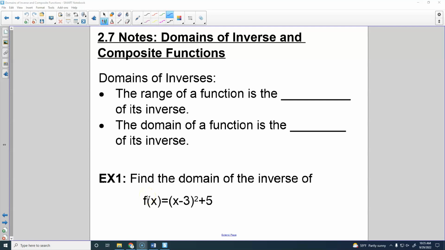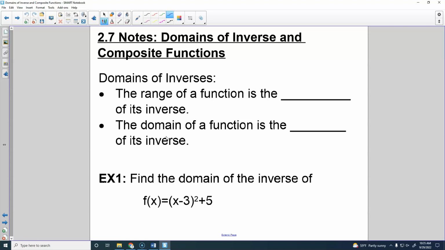All right. Okay, we're going to start with domains of inverses. Okay? Domains of inverses. Whenever we find an inverse, what do we do? What's that first step we do when we find an inverse? Switching x and y's. So, domains of inverses, domains and ranges of inverses, we can actually find without even finding